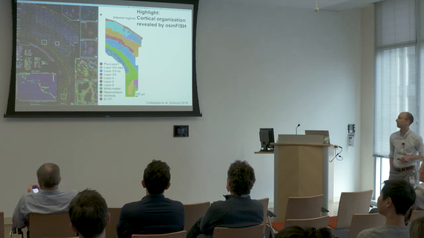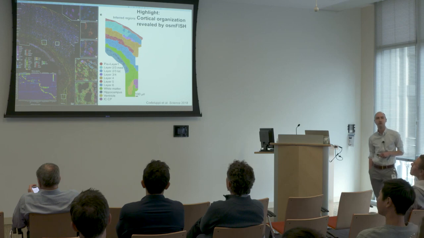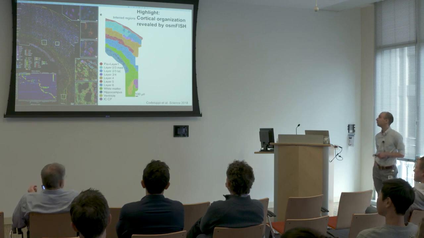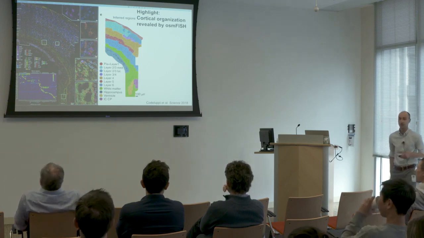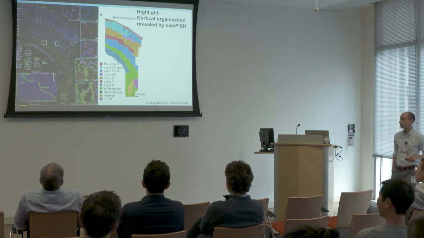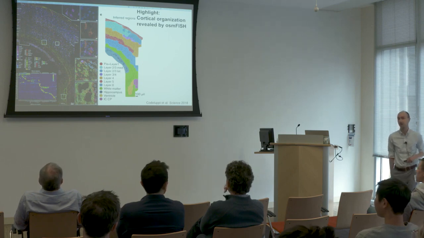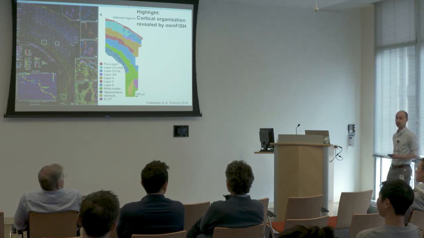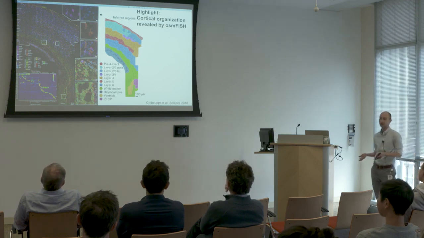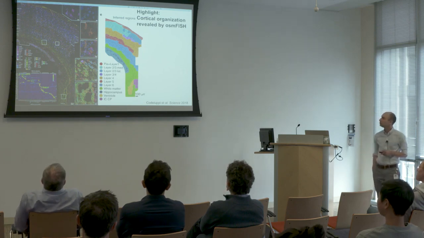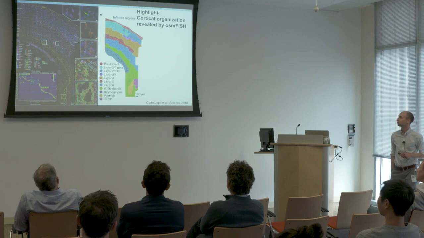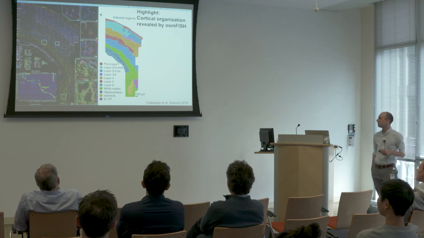This is a mouse section, and they chose canonical genes which are known to define particular cell types. They were able to identify, as far as we know, every single cell, and they found very good correspondence between their spatially defined cell types and the cell types that they knew existed there by single-cell RNA sequencing. So what this gives you, which is new, is that now you know where these cell types are actually positioned inside this piece of tissue, and you can use this to perform computational clustering to define anatomical regions and potentially